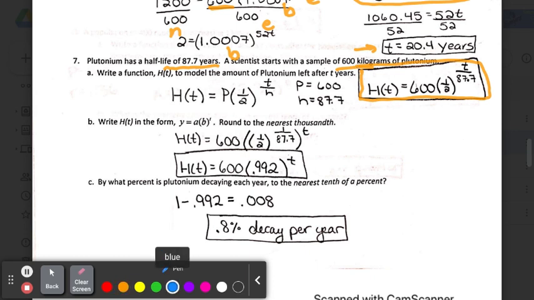And if you notice, that looks like an exponent. Don't write your answer